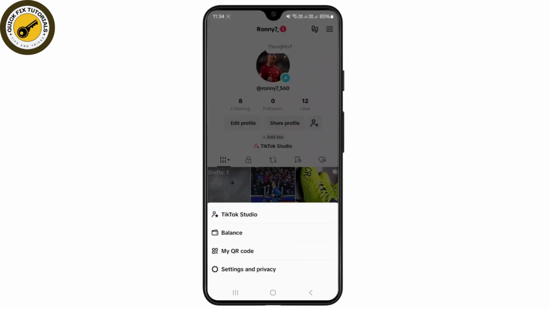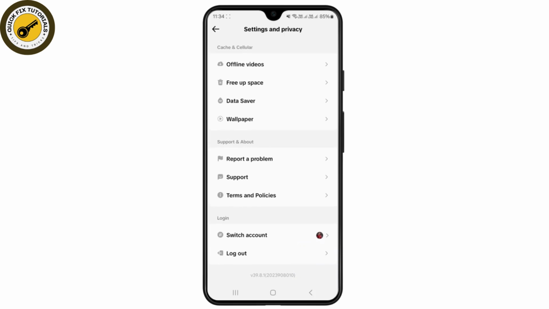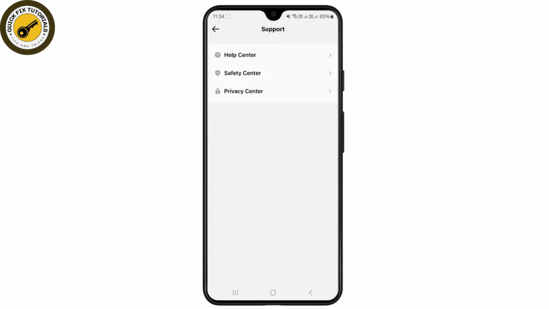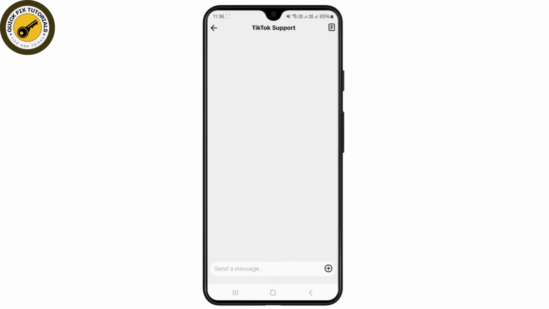on the hamburger icon at the top right corner and select settings and privacy, and from over here scroll all the way down until you see the option called report a problem. Scroll all the way down and click on this chat with us button over here and select it,